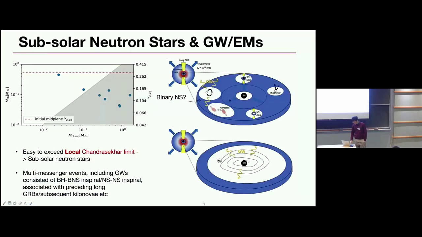And so the formation of one of these objects is interesting enough and can maybe create gravitational signals once it inspirals inward. But it will be more interesting to have several of these, right? Low-mass neutron stars, and create multi-messenger possibilities. So neutron stars may form in binaries and eventually merge, producing very faint subsolar mass gravitational wave events. In terms of EM counterparts, they may be associated with a preceding long gamma-ray burst and a subsequent kilonova.